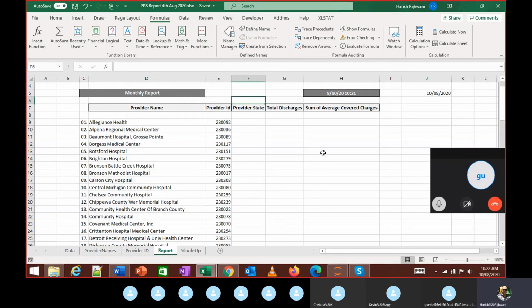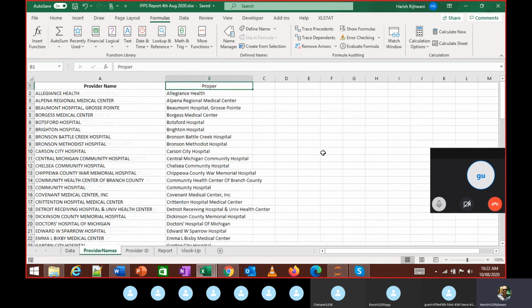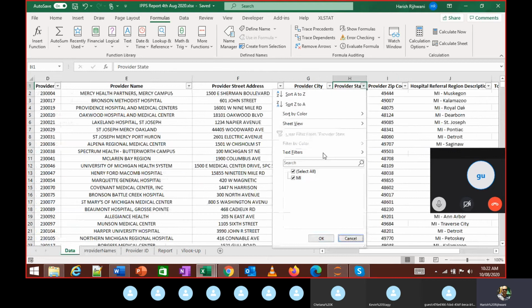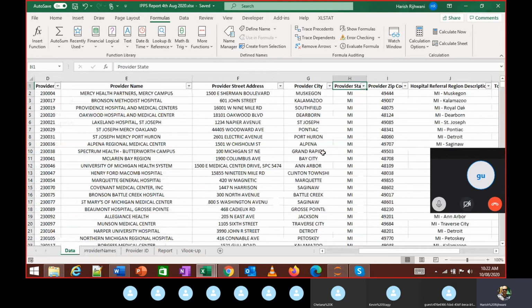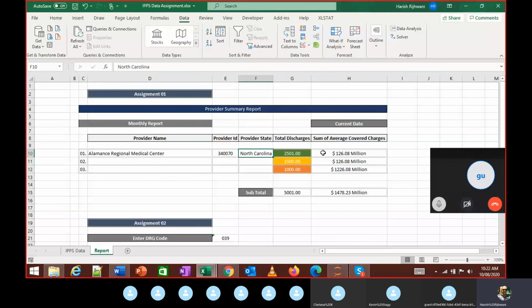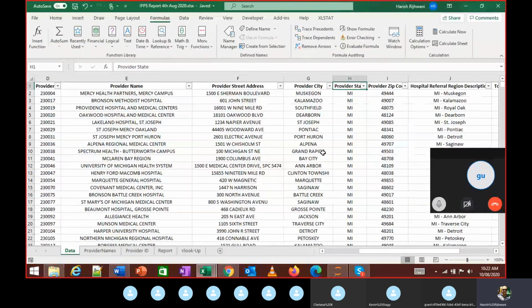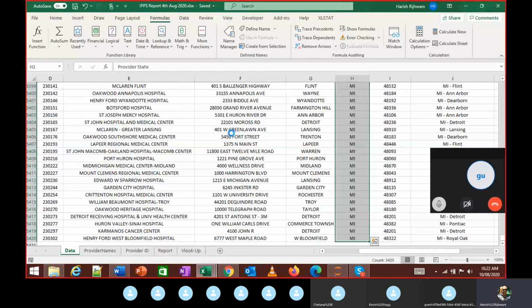This third column which is there in our report is the provider state. When I look at the data, it's pretty straightforward. There's only one state over here. So as of now, I can just copy it. Otherwise, I'll have to use VLOOKUP. But the other thing which is mentioned in this report is the full form of this particular state. So ideally, if I have multiple states over here, I need to